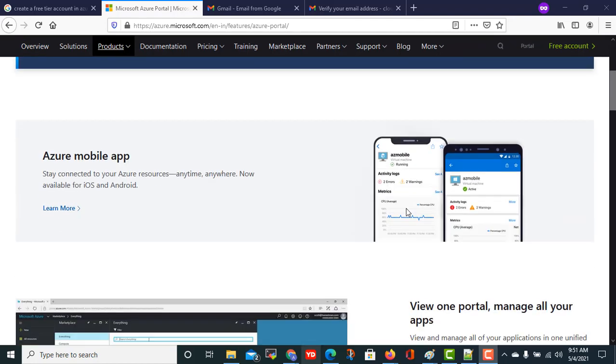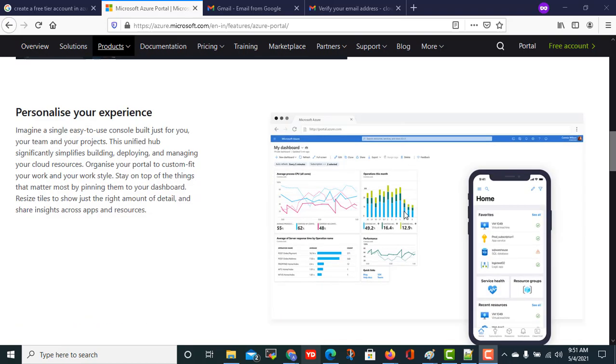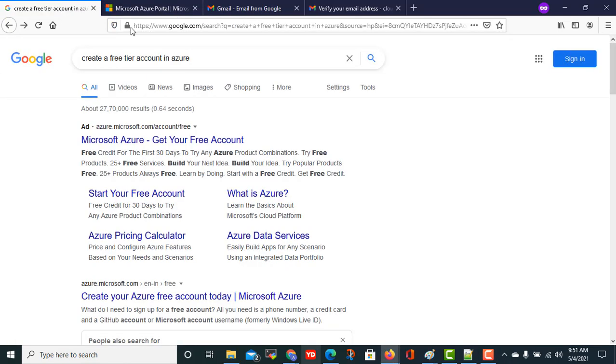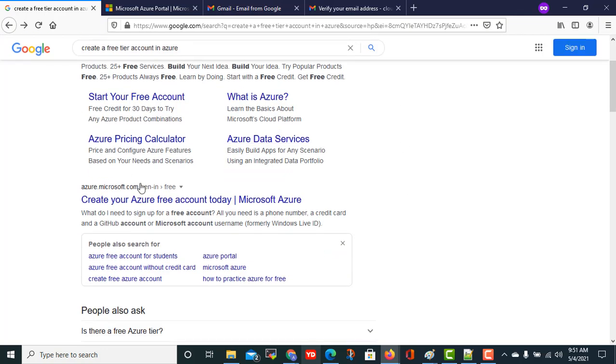So in this video we will learn how we can create a free tier account. Okay, so first thing which you need to do, you need to go to Google, and then in Google you need to type create a free tier account in Azure. Once you do that, it is very straightforward process. You will find the first link which is referring this one, and it is basically